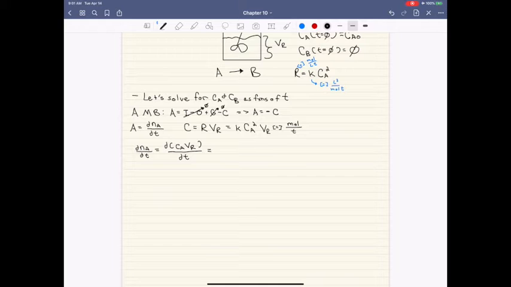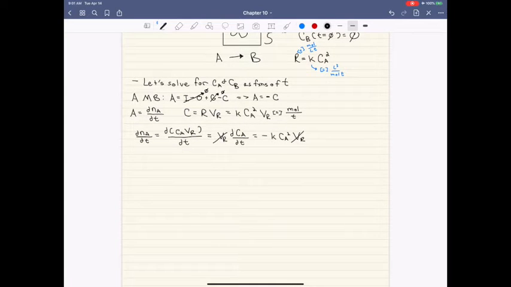Since the volume of the contents in the reactor is constant, we can pull that VR out. And so what we're left with is dCA dt, and that's going to be equal to minus the consumption term, so minus K Ca squared VR. The VR's cancel, and so what we're left with is